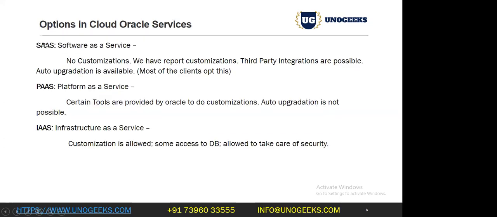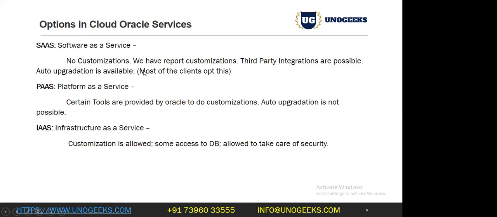Whenever you go for SaaS, no need to go for any upgradation. Whatever features were introduced in the last quarter or the next quarter, you just need to raise an Oracle SR to do the auto upgradation, so those features become available in the current system.